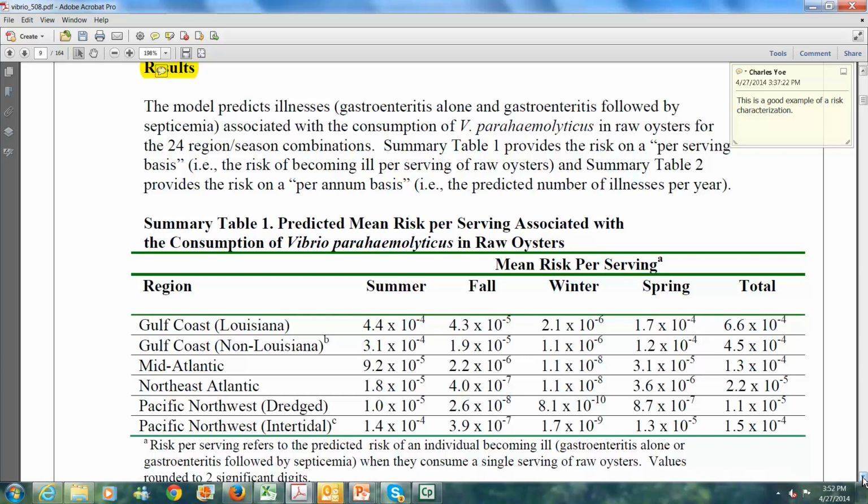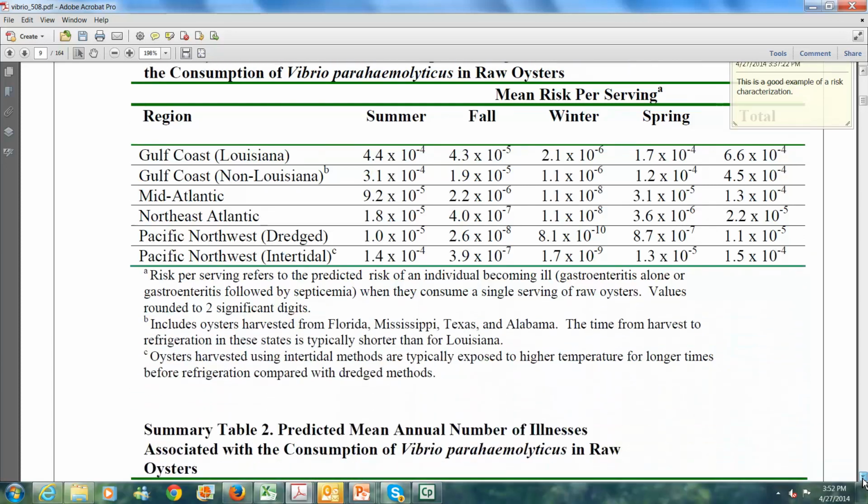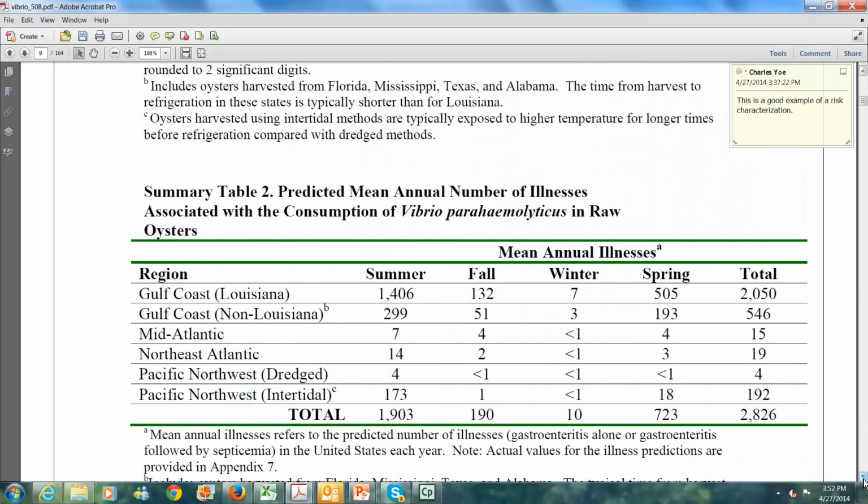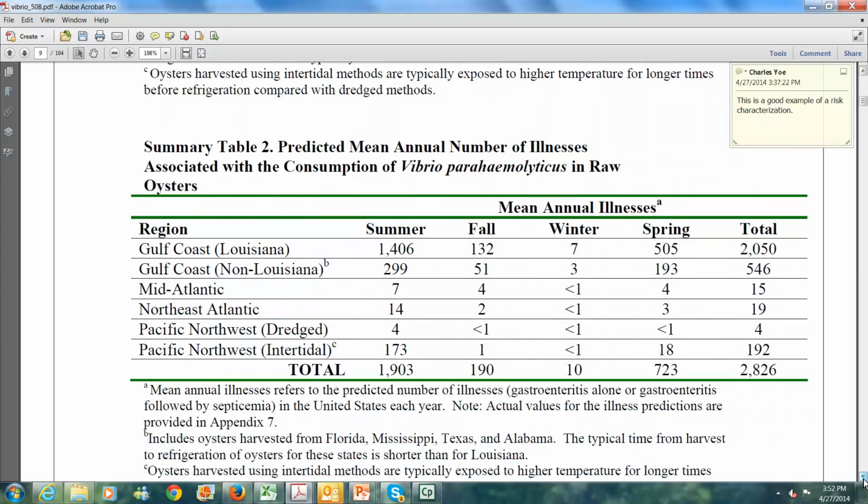So, for example, eating oysters harvested from the Gulf Coast of Louisiana in the summertime can be banned to reduce the number of illnesses. If we scroll on down, continuing with the risk characterization, table number 2 shows the mean annual illnesses. Once again, if we look at the Gulf Coast of Louisiana in the summertime, we see an expected number of illnesses above 1,000,